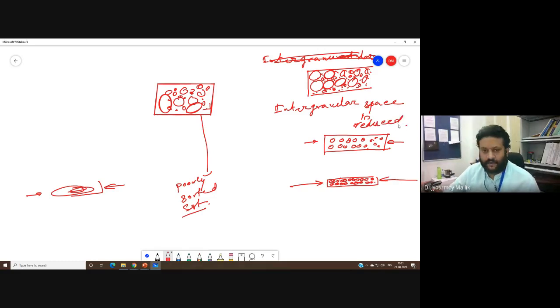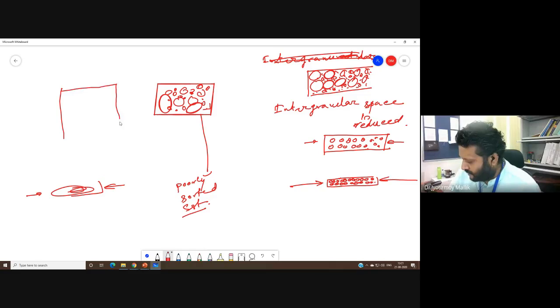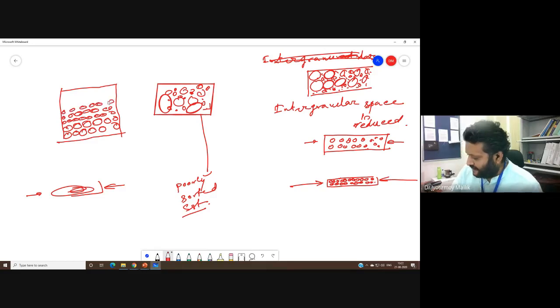Now, if I give you a sorted sandstone, what is a sorted sandstone? What I will observe in a sorted sandstone is that I will have the larger grains here at the bottom, perhaps, okay? And then the mid-sized grains are in the middle, and then very fine grains are at the top. Okay? So this is a very well sorted sandstone. Okay, and say for example, if this is the direction of younging, this is older, this is younger, then this is what we call a fining upward sequence.